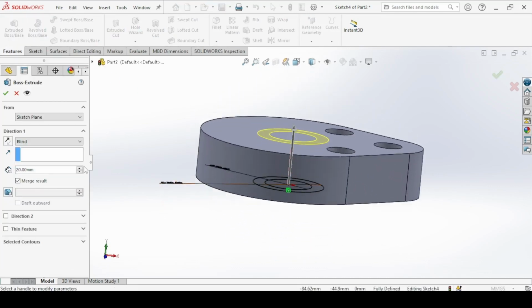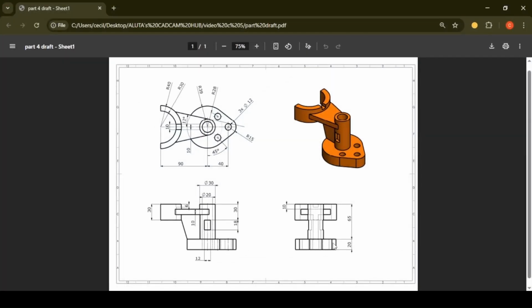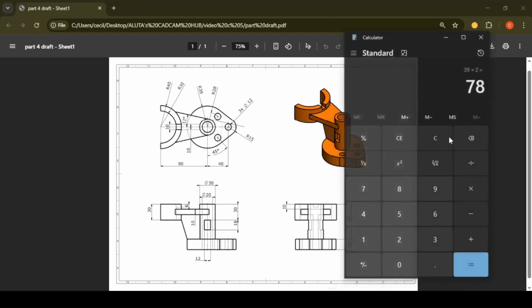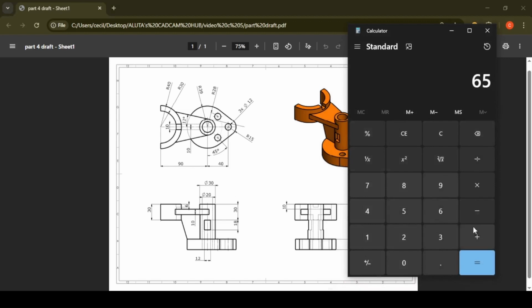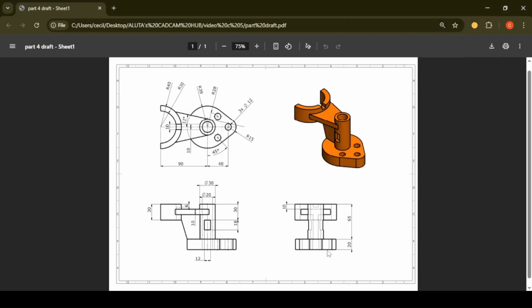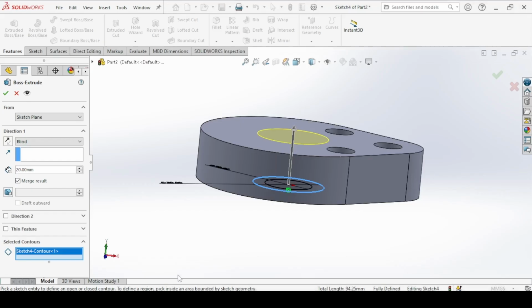Under selected contours, first we select the outer circle, and the total length is 65 plus 20, so 85, because we made the sketch on this face here, which will be the top plane. So 85 distance, merge result, and okay.